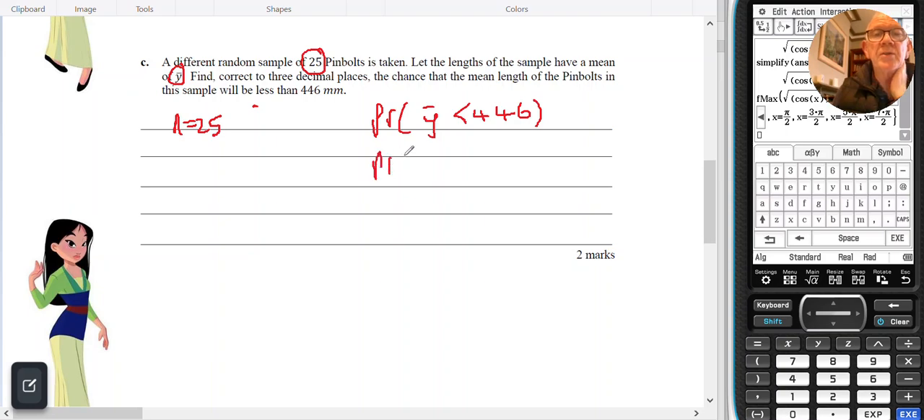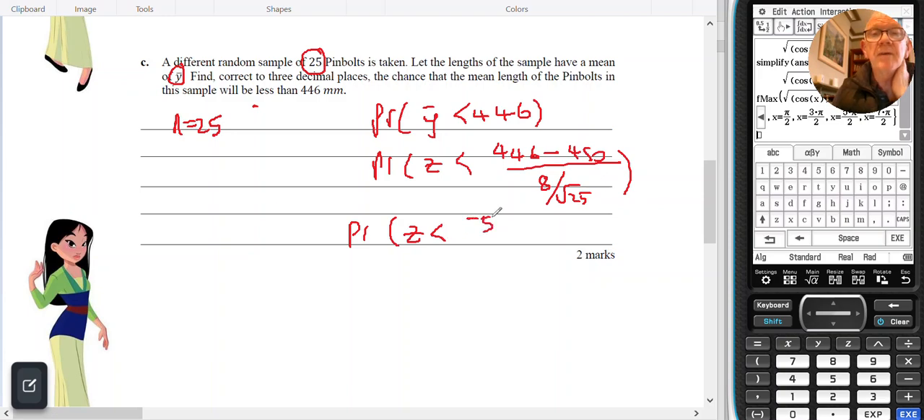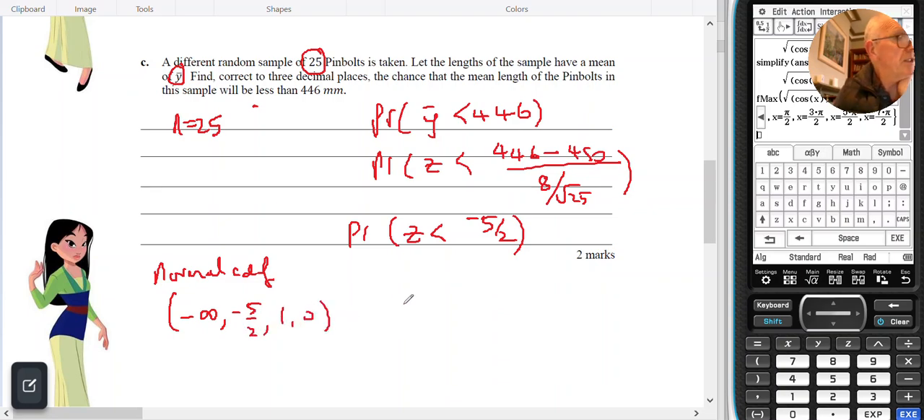And if I turn that into z, that would be 446 minus the mean, which is the same mean because it's taken from the same group, so that's 450, over the standard deviation of 8 divided by the square root of 25. And on a calculator, that gives me z being less than -5.2. And then if I do a normal CDF going from -infinity to -5.2, 1, 0, gives me